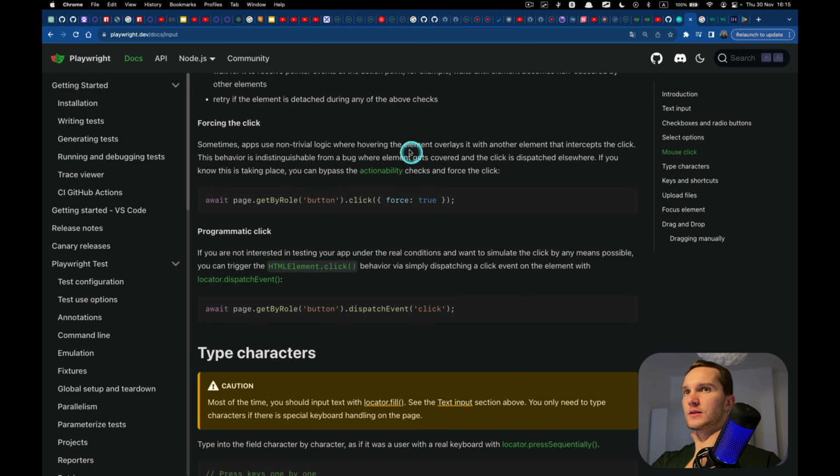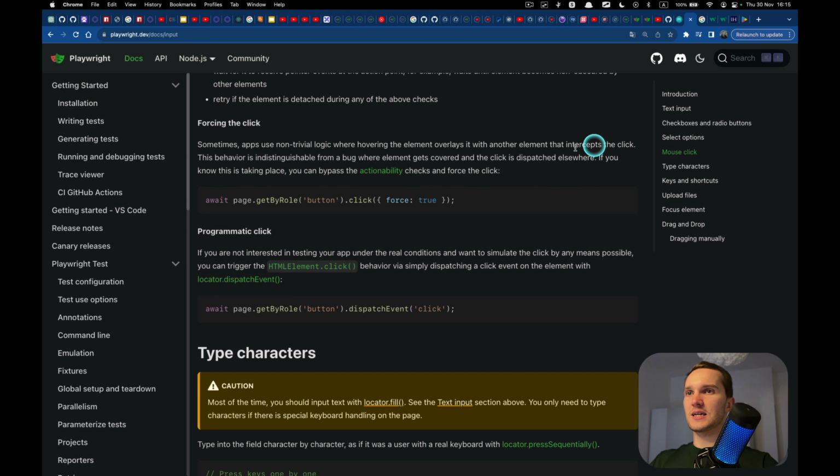Forcing the click, hovering element overlays with another element that intercepts the click. Yeah, so sometimes you will have some elements overlapping. So element is in HTML. Let's say we have one button and another button. We have one button hidden behind this another bigger button, and we still want to click on this one, but it's not visible on the page.